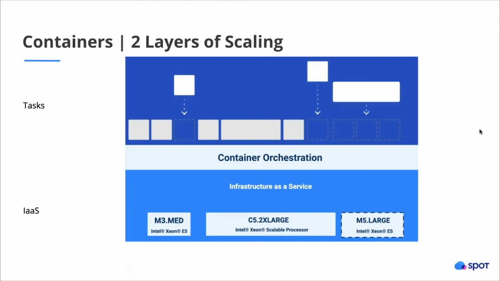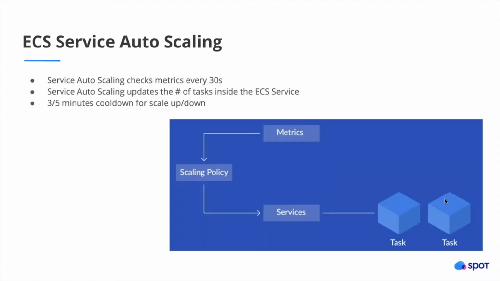Then underneath, you have your infrastructure as a service, so your cloud provider. In this case, we're talking about ECS, so AWS, obviously. And you're using scaling policies that are trying to analyze what's going on in everything on average and scale out infrastructure that is pretty homogeneous and identical to itself. It's pretty hard to set it up to be more sophisticated and more native to the containers. So we'll have to deal with those two layers and make sure that they're as tightly coupled as possible to own our